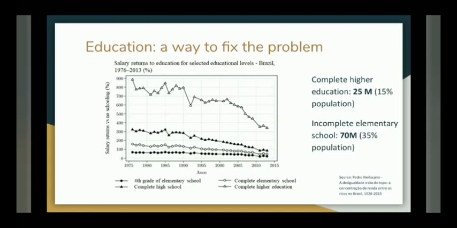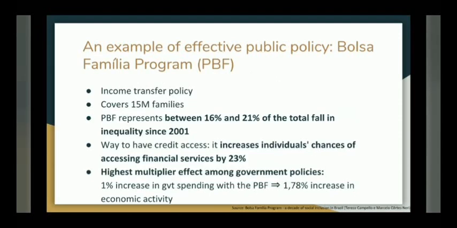We can mention here the inequality in opportunities, an issue that public institutions need to solve. Finally, we're going to discuss the effectivity of one of the government programs, the Bolsa Família program, in order to reduce economic inequality. The Bolsa Família program consists in a monetary transfer to poor households with the objective of eradicating